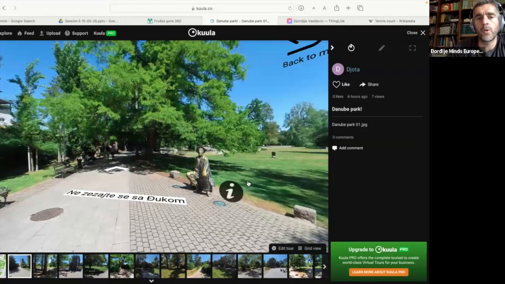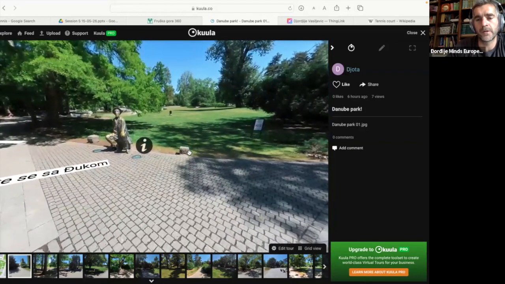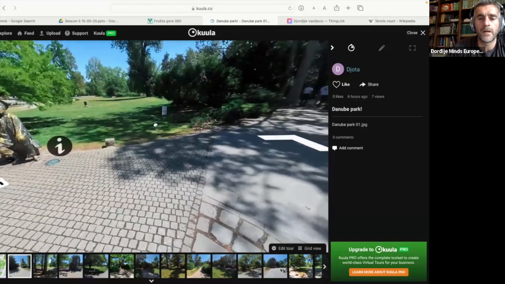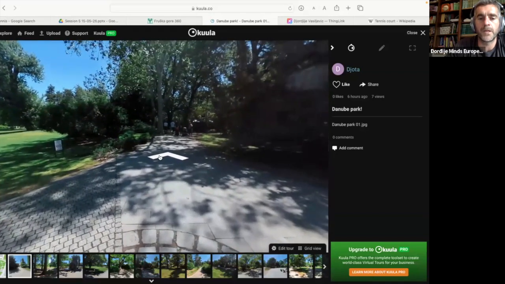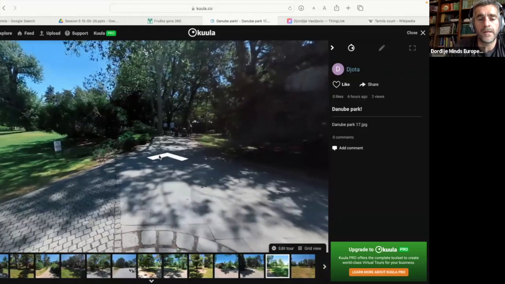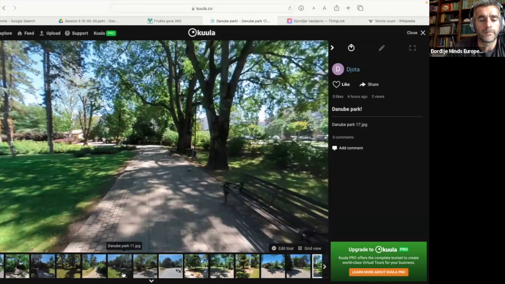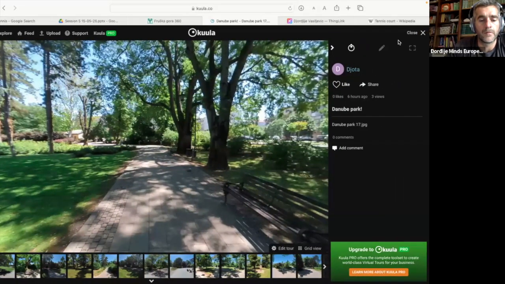What Kula doesn't do, unfortunately, like I showed you the thing with Avatar, you cannot import a living person talking to each other, talking to the visitors. But what you can do here is to create a really nice interactive tour or 360 tour of any destination that you want. So this is actually how I wanted to present.